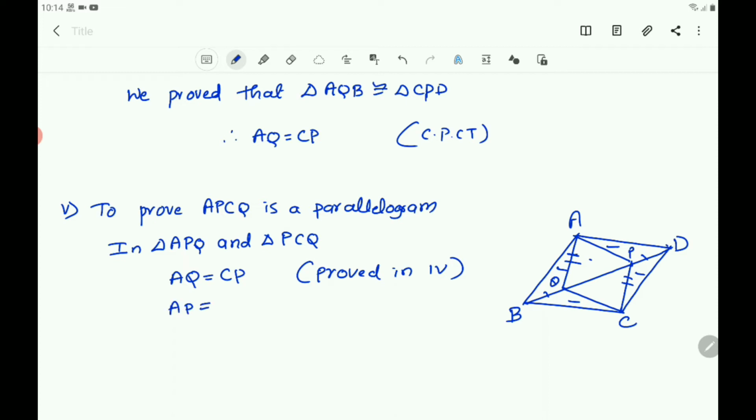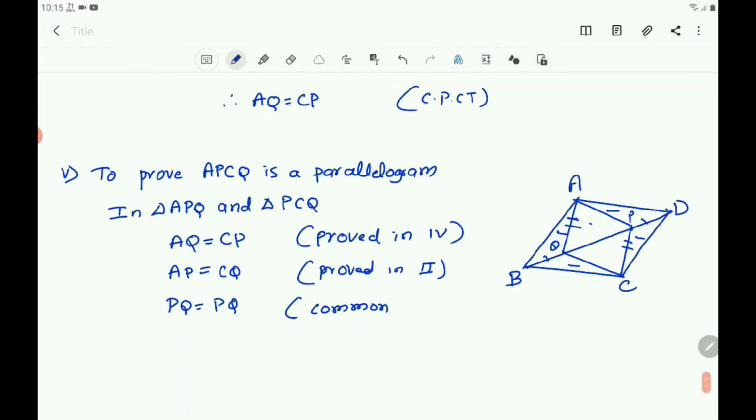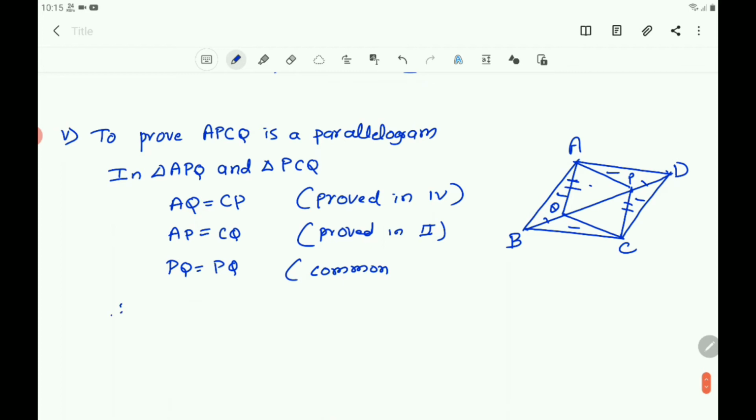That is proved in the second. And also you can say there is a common part, that is PQ. PQ is a side of both triangles. You can write PQ equals PQ, common. Therefore, you can write that triangle APQ is congruent to triangle